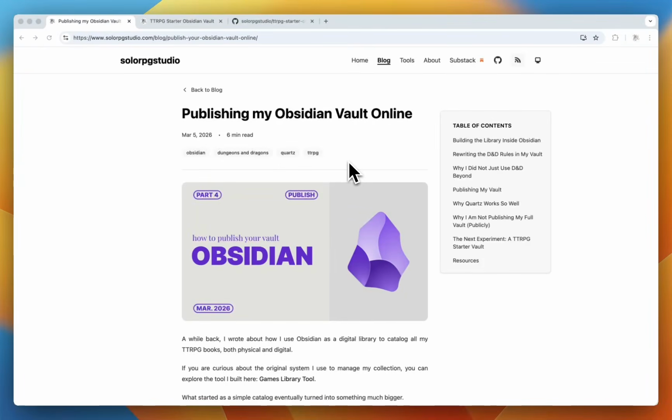And I found a tool that is named Quartz, and basically Quartz allows you to publish your Obsidian notes online. It's really cool. And I asked you if you were interested in having maybe a starter vault, which would be system agnostic for any TTRPG, and I received a couple of responses, so I decided to make that vault available to you. So one way you can easily find it is if you go to my website, which